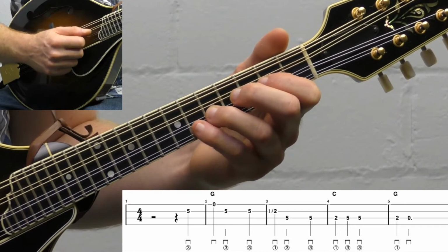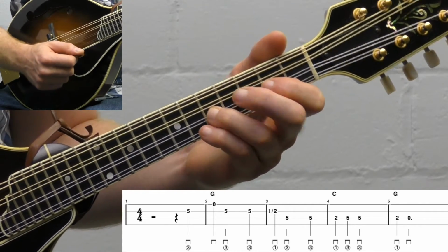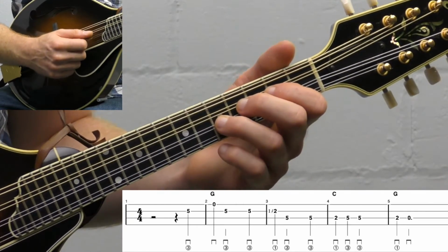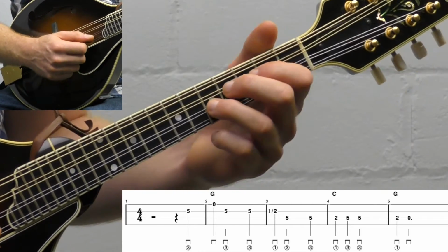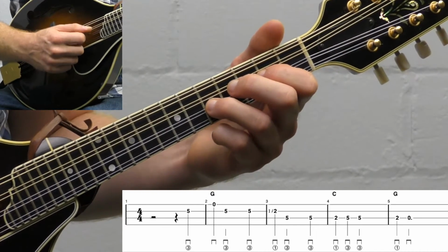So we have 4, 1, 2, 3, 4. So that second, fifth fret after the open E string is a half note. You can see in the tab below how that note is not connected to the number. So it's not a quarter note, it's a half note. A half note takes up 2 quarter notes. So we have,